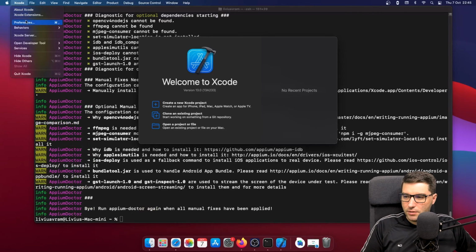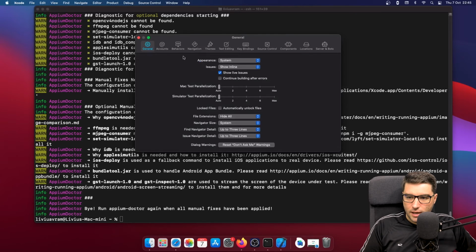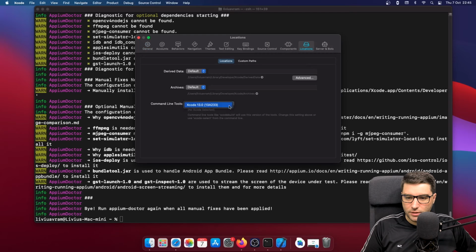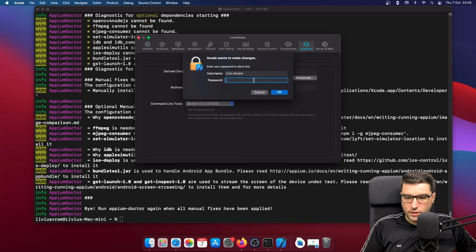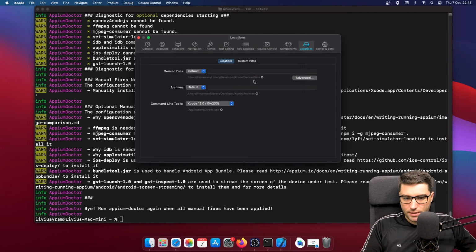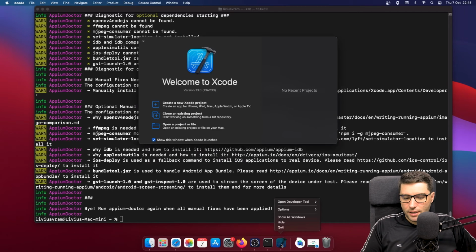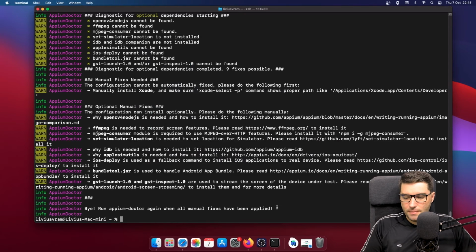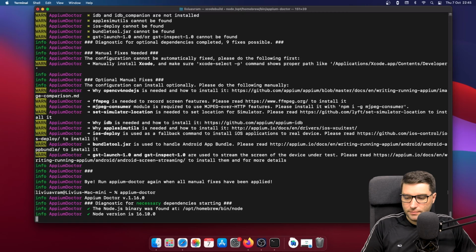I will go to Xcode preferences, and under Locations, let me check where location is. Command Line Tools, I will say default to Xcode 13, again with the password. And now the command line tools are installed under this particular location. I can go ahead, I can quit Xcode, run appium-doctor again.